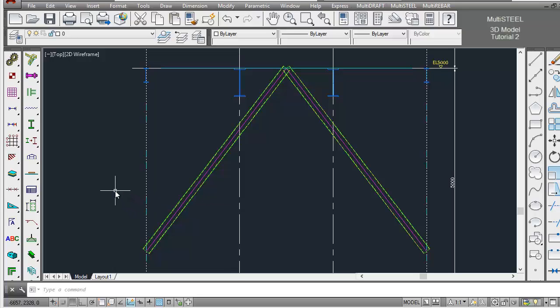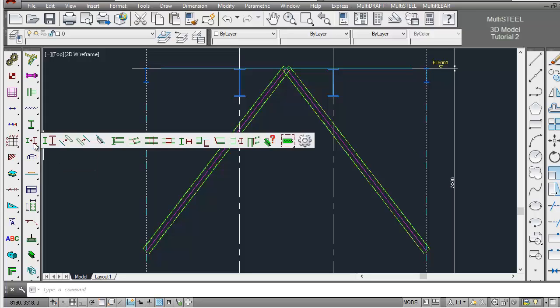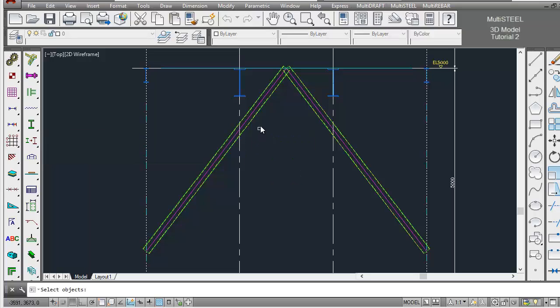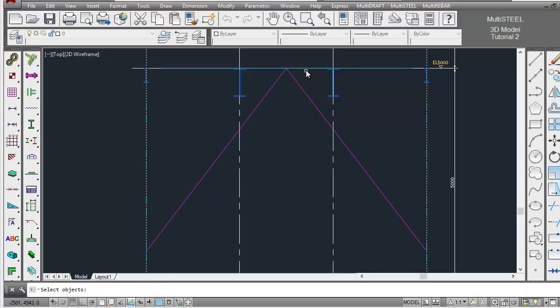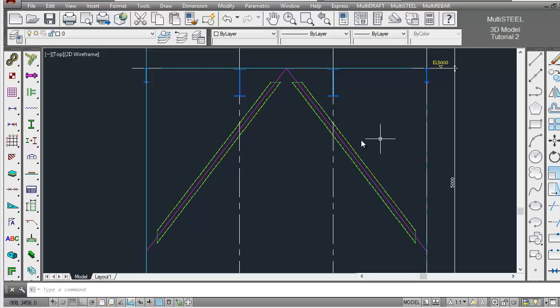We can scroll along the MultiSTEEL Edit Flyout toolbar past the Notch Steel command until we locate the Cutbacks icon. When prompted, we can select our brace members and then enter or right mouse click to finish our selection. When prompted again to select objects, we can select our first level beam and our columns. When we enter or right mouse click to finish our selection, our bracing members have been cut back from the